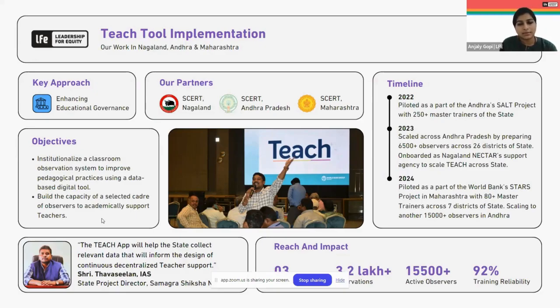Teach tool is a classroom observation tool formulated by the World Bank. Right now the Teach tool is being implemented in Andhra Pradesh and Maharashtra. In Nagaland it's almost over already; it was just a small pilot study. To give you an understanding of the Teach tool implementation, we are partnering with the state government directly. The objective is to understand teaching performance and institutionalize a classroom observation tool